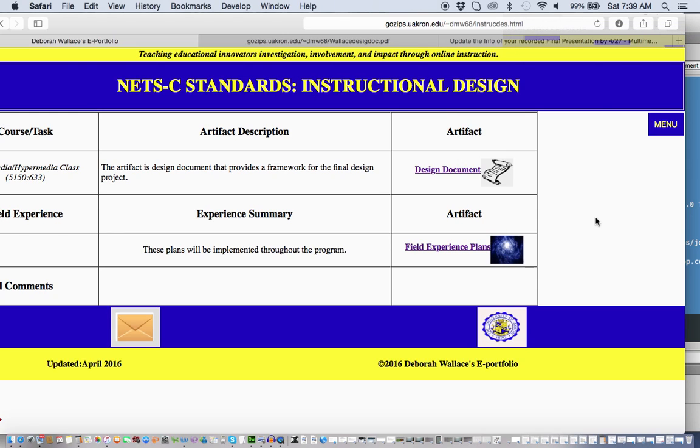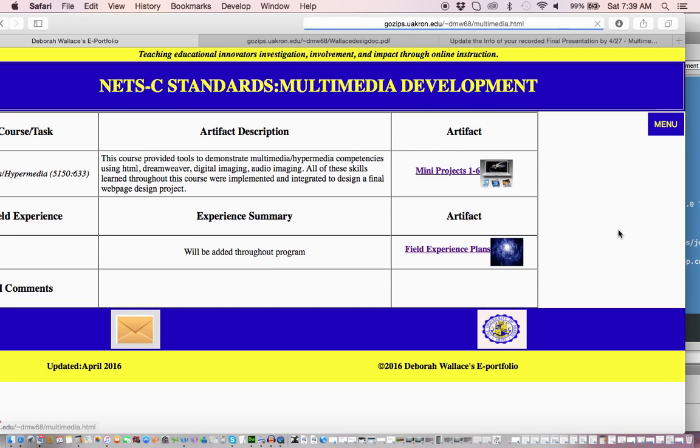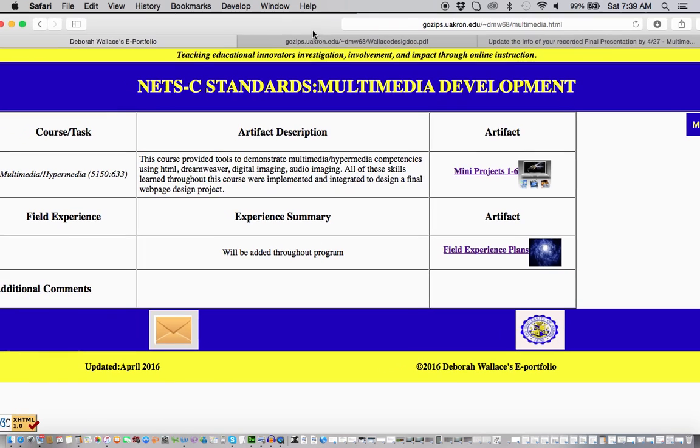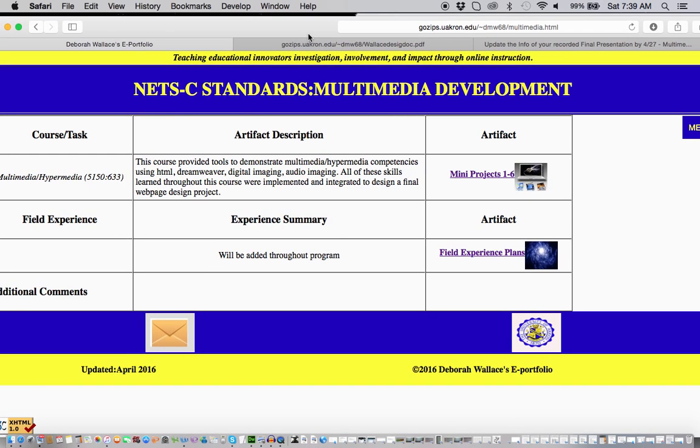So really, students had a lot of free reign in terms of how they were going to use their project. All right, so let's go to multimedia development. This was a really cool standard because I was really excited about the projects that I did for this particular one. The artifacts for this were the mini projects that we produced in